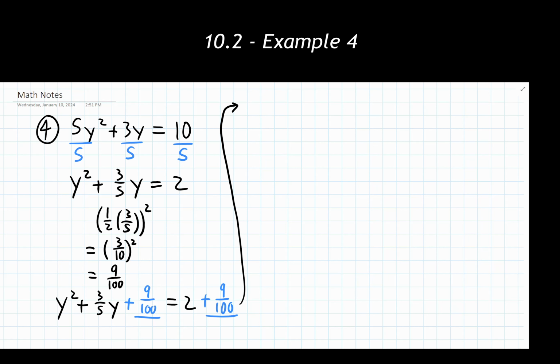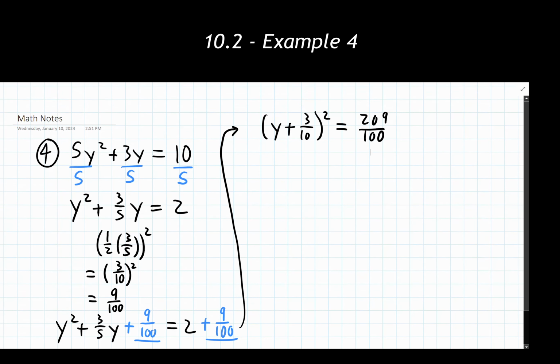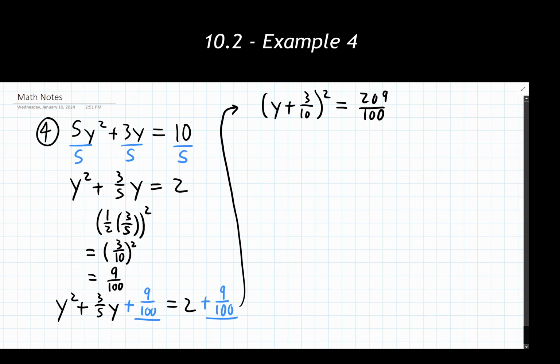On the right side of that equation, I'm going to rewrite that into being one single fraction, because I don't want to have that split up as two things adding together. And on the left side, I'm going to factor that. So the left side factors into y plus 3 over 10 squared is equal to, and then the right side is going to be 209 over 100. And yes, we have fractions showing up over here and a little bit over here. That's fine. We can deal with that. We will deal with that accordingly. Once I have it written in this form, now I can solve this using extraction of roots. So I'm going to take the square root of the left side, square root of the right side.